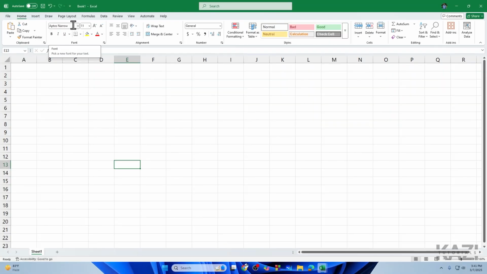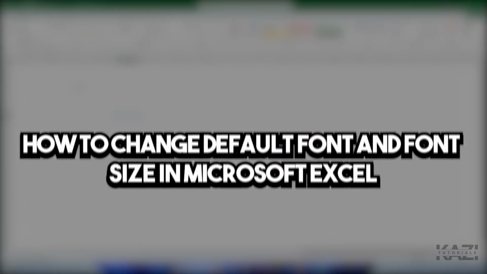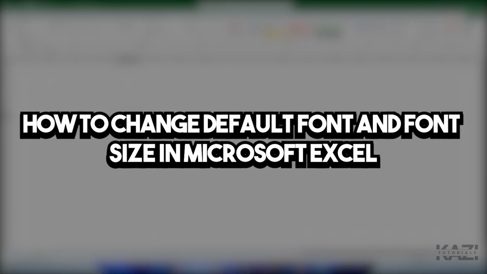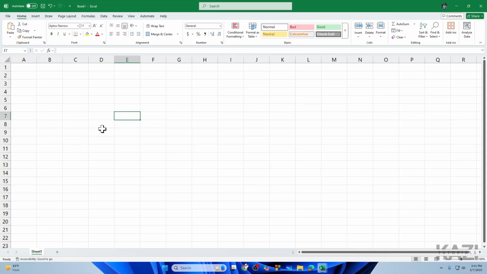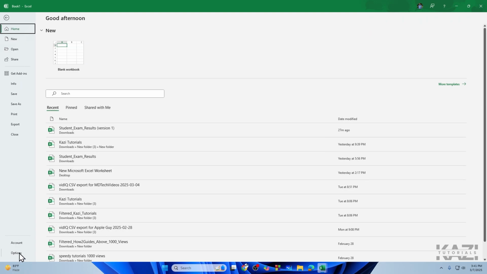So if you want to change the default font like this one into your Excel, then here's the video for that. It's quite simple to change the default font permanently in your Excel. So let's get started. First of all, you need to go to the files and simply go with the options